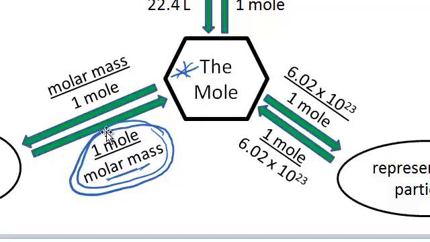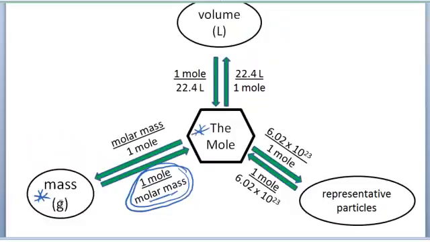And so the train, so to speak, that we need to catch is the 1 mole over molar mass train. So in each one of these problems, we're going to take the mass that's given to us and multiply it by a conversion factor, which is going to have 1 mole on the top and then the molar mass of that substance on the bottom. And that makes sense, right? Because if you're given a mass in grams, you need to cancel the grams out if you want to end up with moles. Okay, so this is just kind of a visual reference to get us ready